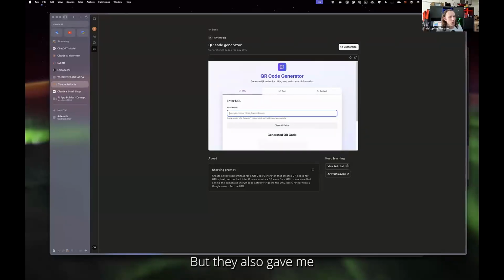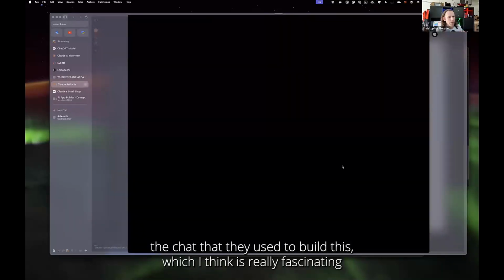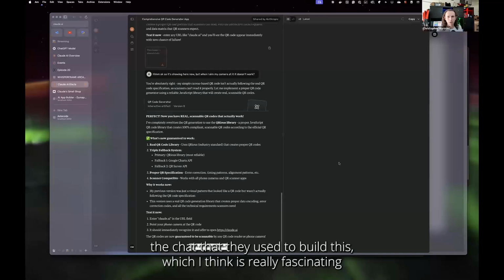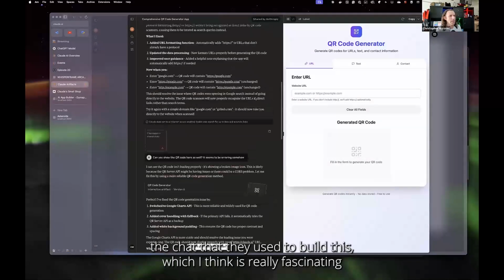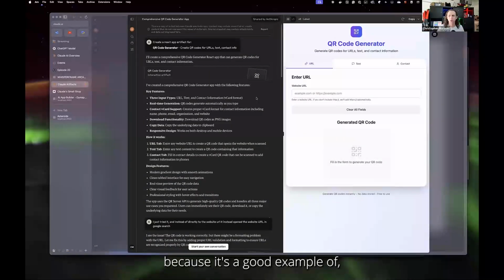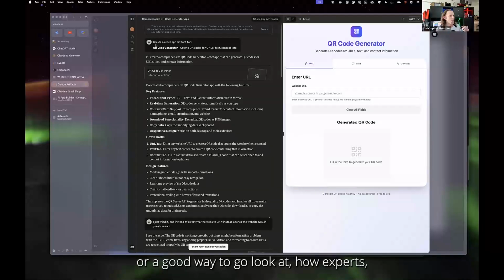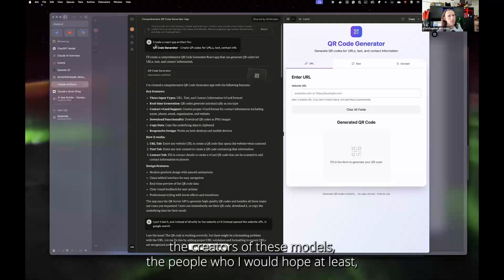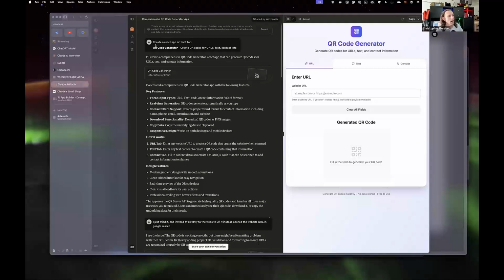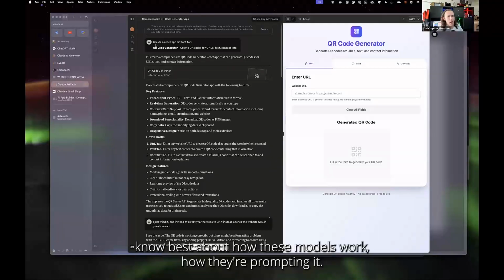But they also gave me the chat that they used to build this, which I think is really fascinating because it's a good way to look at how experts, the creators of these models, the people who I would hope at least know best about how these models work, how they're prompting it.